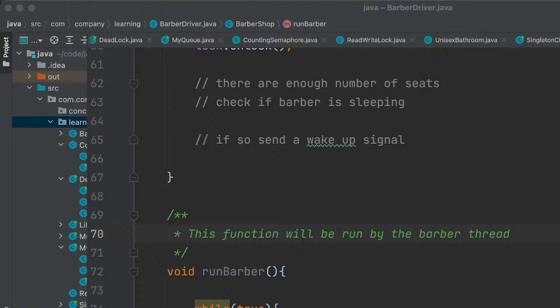The thing that we need to take care of is that we need to represent the initial signal as a semaphore. Okay. So initially the barber would be running, right? So there will be a signaling mechanism.